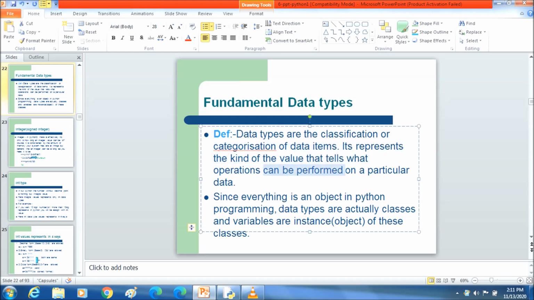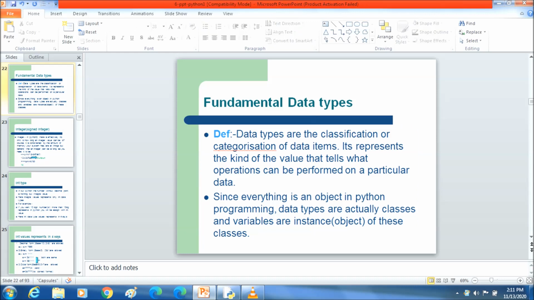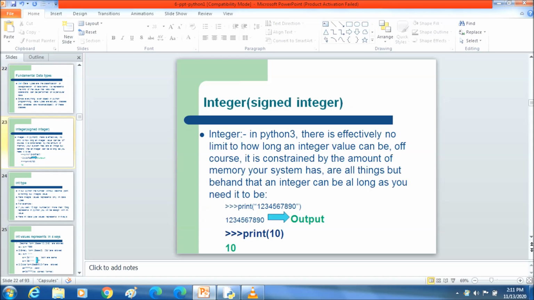They represent the kind of value, which tells what operations can be performed on particular data. Since everything is an object in Python programming, data types are actually classes and variables are instances, or objects, of these classes.